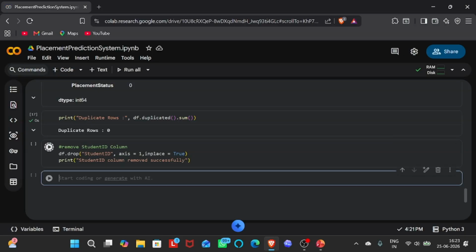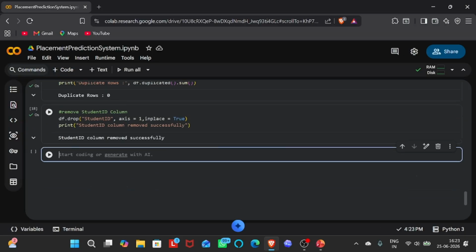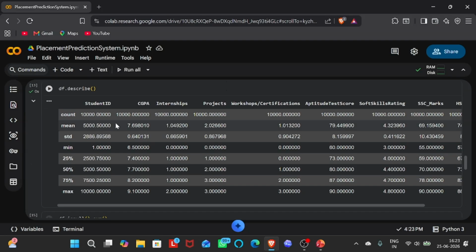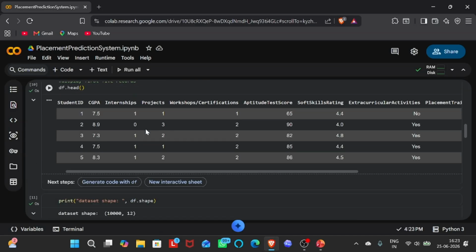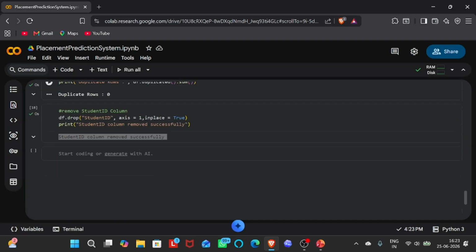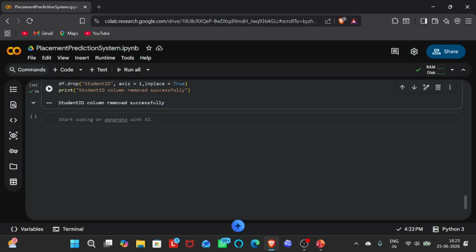ठीक है, तो जस्ट इसको रन करो। तो यहाँ पे देखो, स्टूडेंट आईडी कॉलम रिमूव सक्सेसफुली। तो इसका मतलब हुआ कि हमारा जो ये टेबल था, हमारा जो ये रिकॉर्ड था, इसमें से स्टूडेंट आईडी रिमूव हो गया। अब एक बात बताओ कि हमको प्रिडिक्ट करना है कि बच्चा प्लेस हुआ है कि नहीं, तो वहां पे हम स्टूडेंट आईडी का क्या करेंगे, अचार डालेंगे, क्योंकि हमको तो चाहिए सीजीपीए, इंटर्नशिप, प्रोजेक्ट देखना है कि वो बनाए कि नहीं, उसका सॉफ्ट स्किल रेटिंग कितना है, ये सब तुमको देखना है। स्टूडेंट आईडी से हमको क्या करना है, कुछ नहीं। इसलिए वी हैव रिमूव्ड दैट वन।